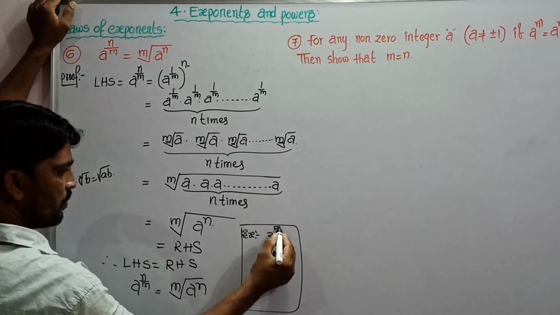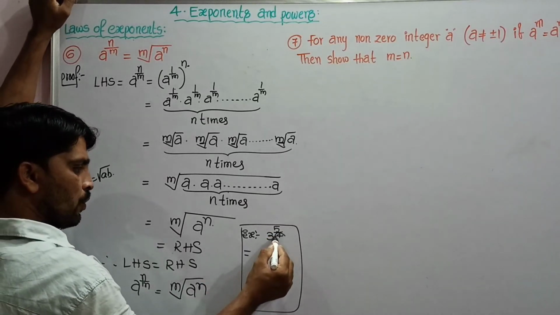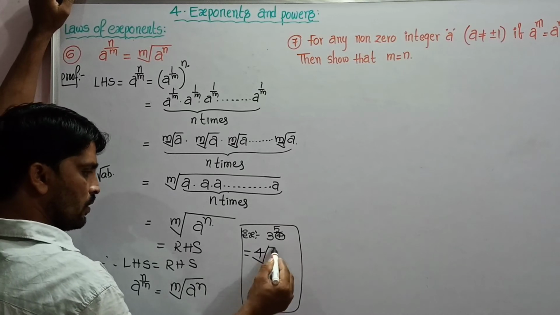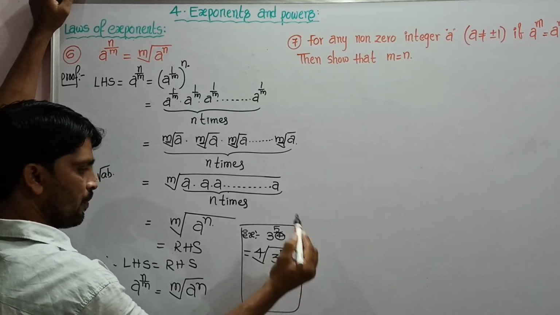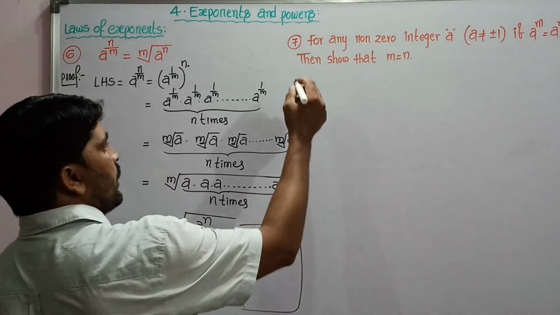3 power 5 by 4. This can be written as fourth root of 3 raised to the power 5. Okay, by using this formula. Next, we have a